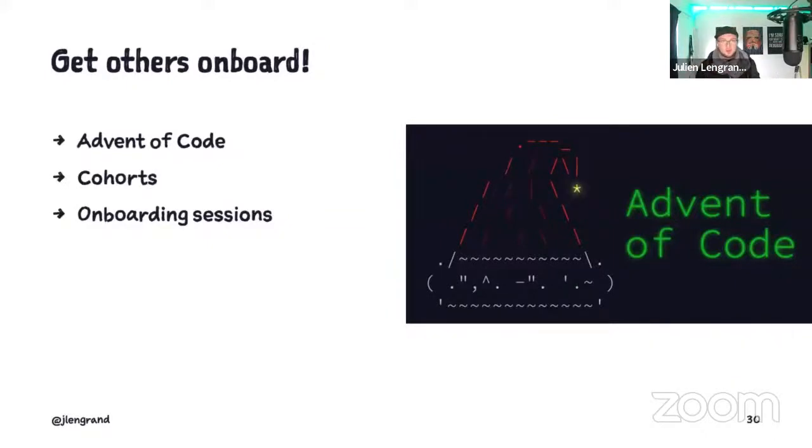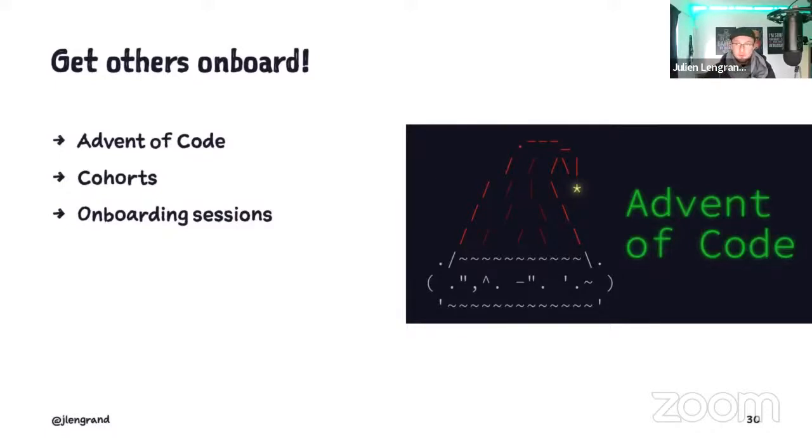And then you have to get others on board. And if they don't trust you with their code base just yet, because they kind of have to review your stuff, well, what we've done at ING is we found a fun event, and we brought fun inside the company. And there was a good way for people to try Kotlin just for fun. You don't tell them that you have a secret agenda just yet. You tell them it's Advent of Code, use the language that you want.